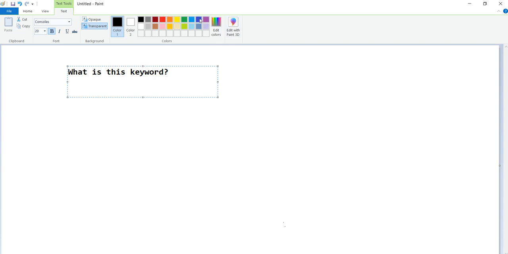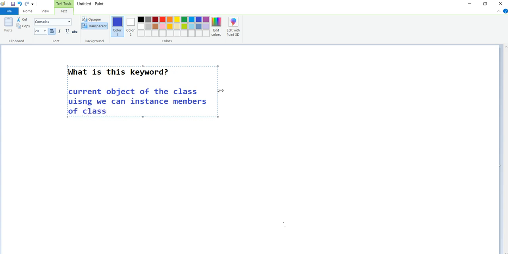Here, this refers to the current instance, or current object, of the class. Simply, it's the current object of the class. So using this keyword we can access the instance members of the class.